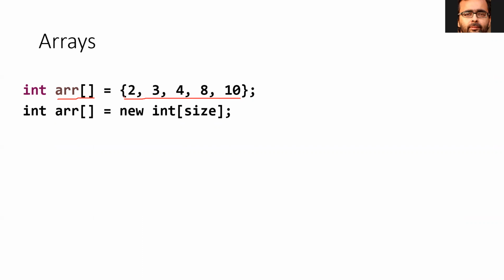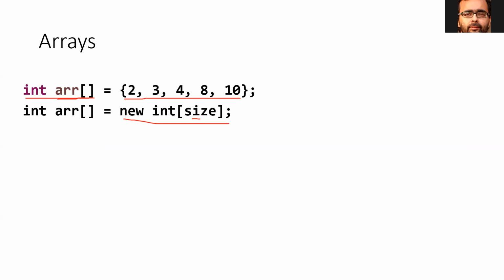Okay. Second thing is that there are two ways arrays can be represented. One is that you can directly declare an int array and specify the elements here. Or you can declare an array by providing new int with a size. Size can be a constant, like 10 or 20 mentioned directly, or you can define the size somewhere and then use that depending upon your convenience. So these are the two ways you can declare arrays.